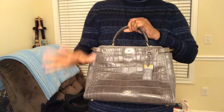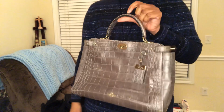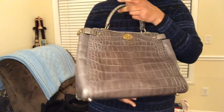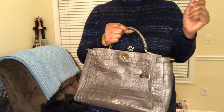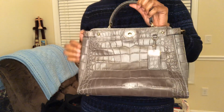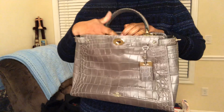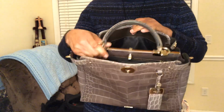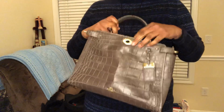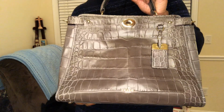So let me tell you the price story. The seller was asking $225 for this bag. However, she gave us an option to make an offer. Well, you know me, I made an offer. I offered her $185 for this bag. She countered with $199, and I thought for this bag $199 was a more than fair price, so I picked this Fendi wannabe peekaboo bag up from eBay